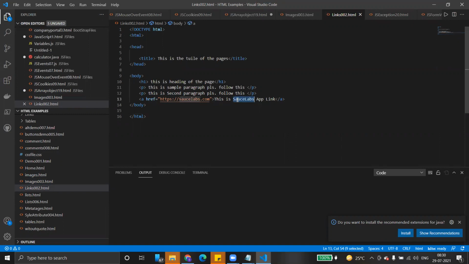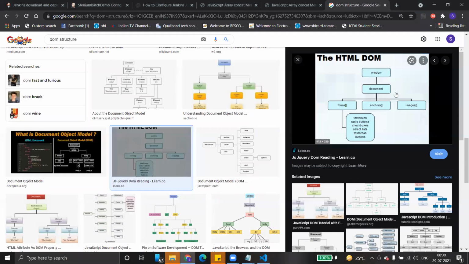So coming to this, under window, we have a frame. We have window.frame, and we use window.parent. After that, the next objects are document.forms, document.text, document.image, and so on. So inside document, we have discussed these, and these are the text objects.